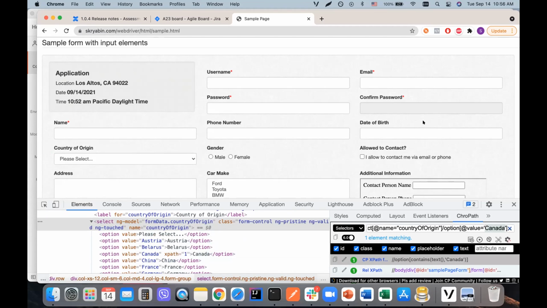Why did it not work with ng model form control data? I will check right now. Copy. So instead of @name country of origin, I put this one, ng model. Stop, no, you have this ng model. Okay, and I will just replace the two single quotes. I click enter and for me it works. So the difference right now,